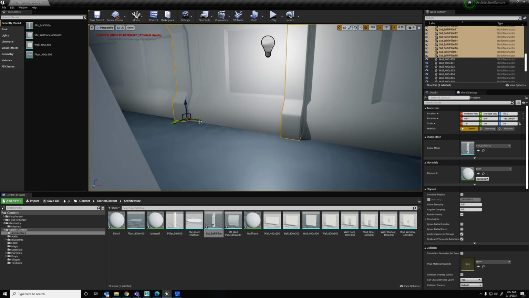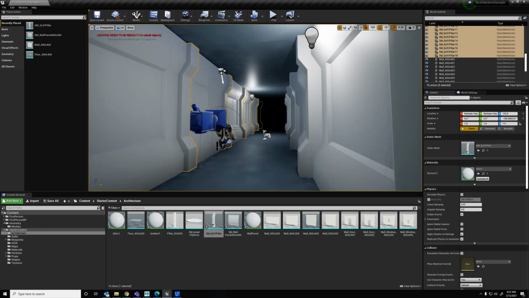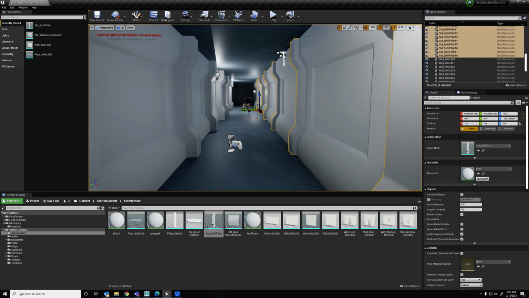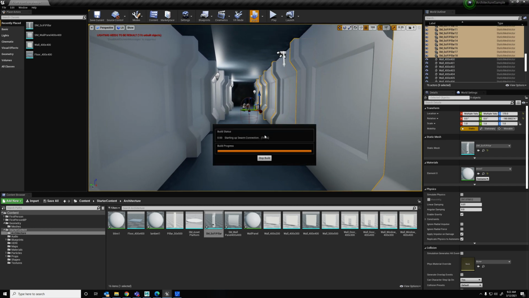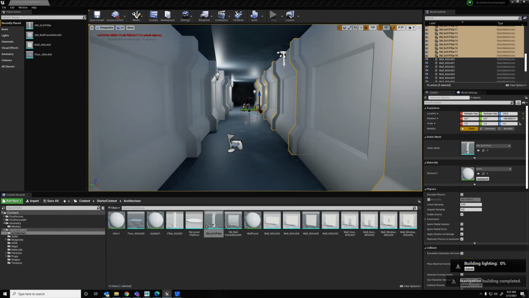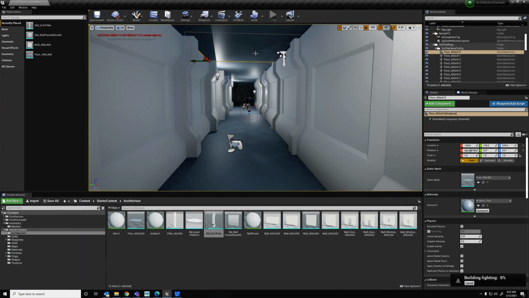And just one click over. Okay, so we have created our little sci-fi hallway. And I'll build that. And as I'm building that, the next thing you might want to do is the ceiling. So it's the same process. You would just